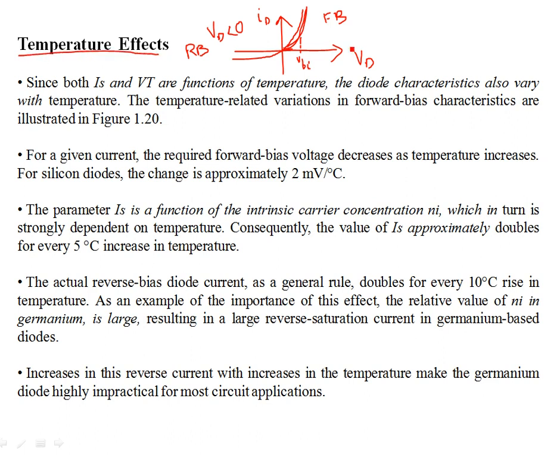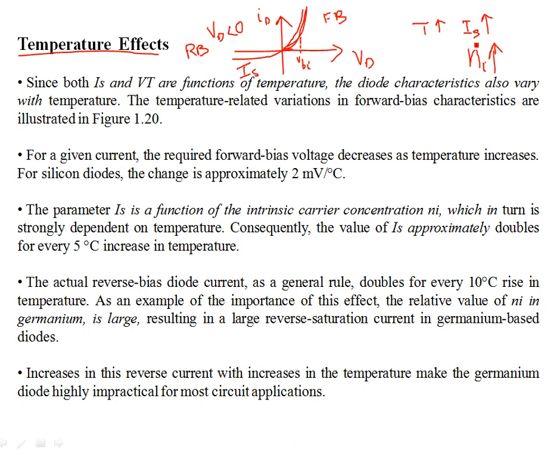You see, temperature has a very strong dependence on this reverse saturation current IS, which in turn depends on the intrinsic carrier concentration. If you go on increasing the temperature, the reverse saturation current increases, and for a single crystal silicon lattice, it doubles after every 5 degrees centigrade. Since you are giving more energy, the electrons might break free from the covalent bonds and increase the carrier concentration. So as the intrinsic carrier concentration increases in the single crystal silicon lattice, the reverse saturation